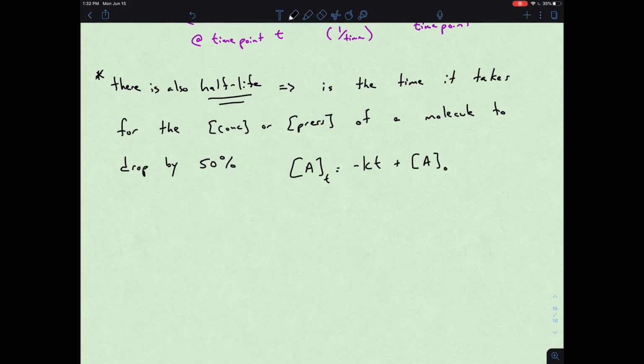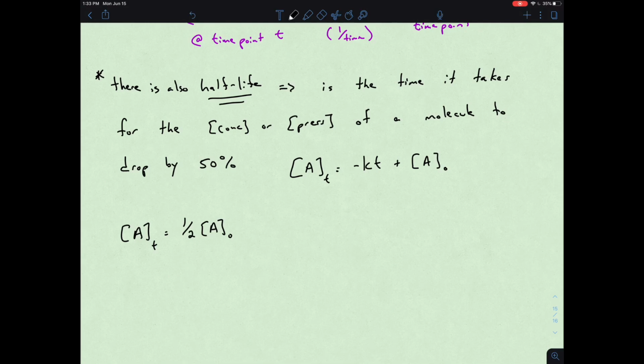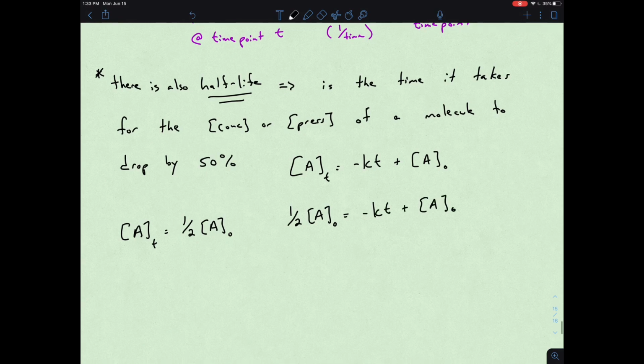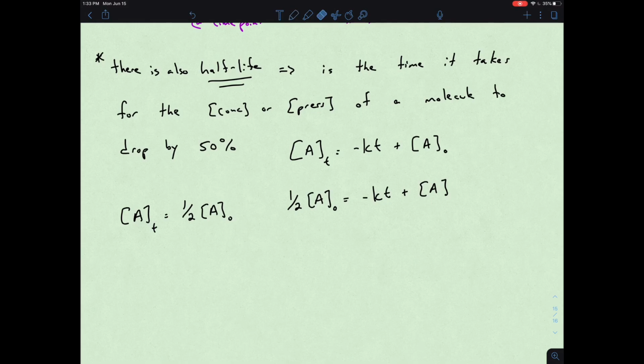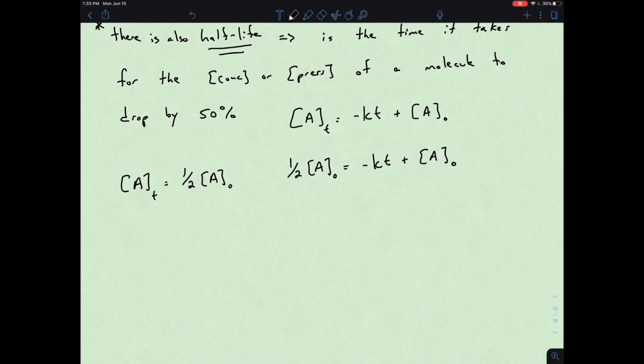So at halfway, right, we could say that means the concentration of A at some time point would really be 1/2 the initial concentration. So if we plug that into our expression, you get something that looks like this. And now if we start to isolate time, we would get